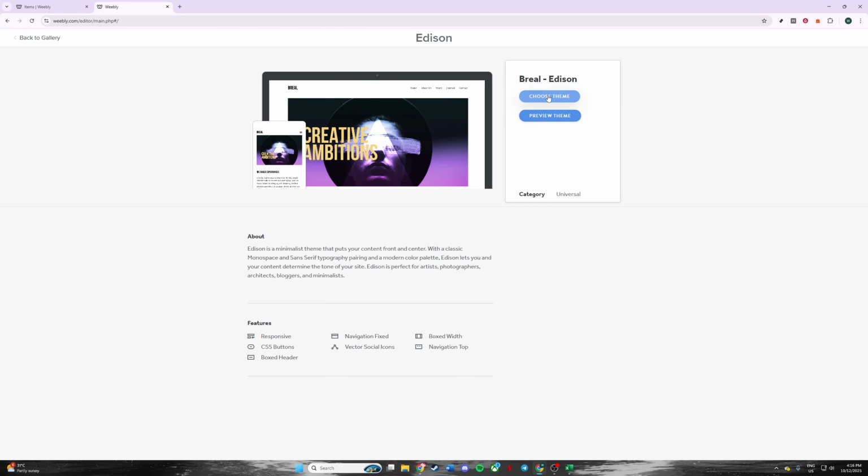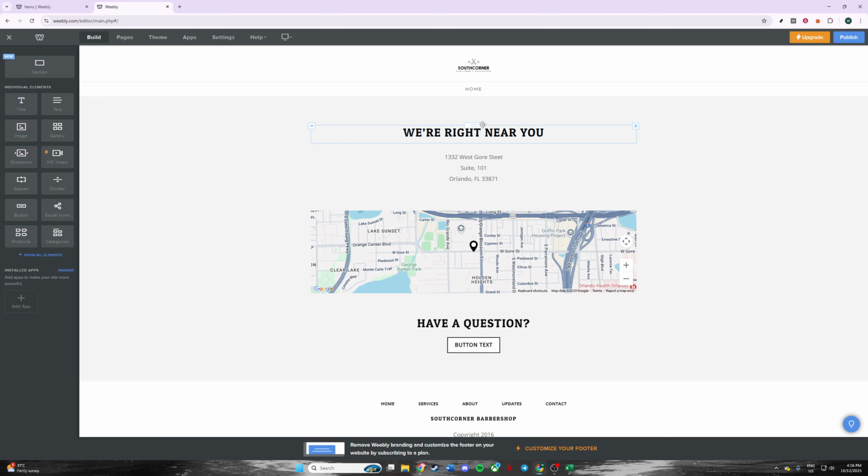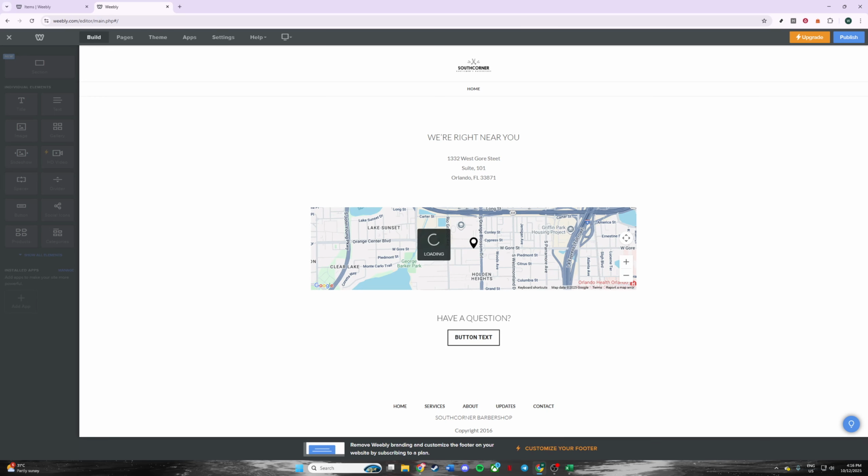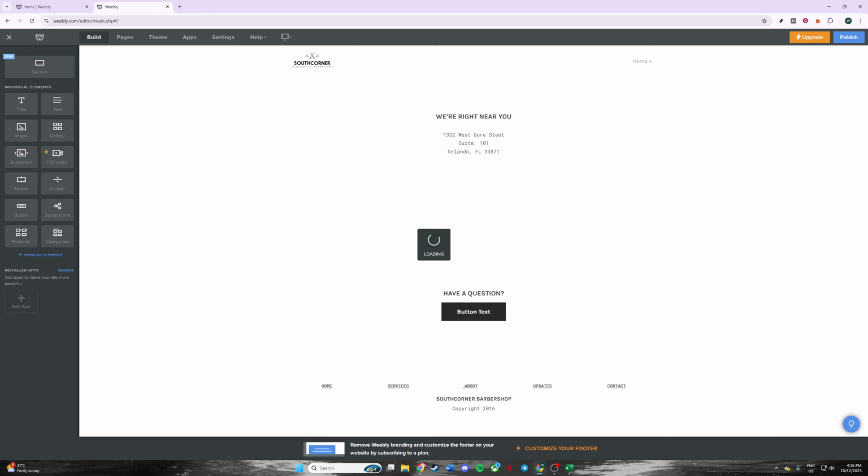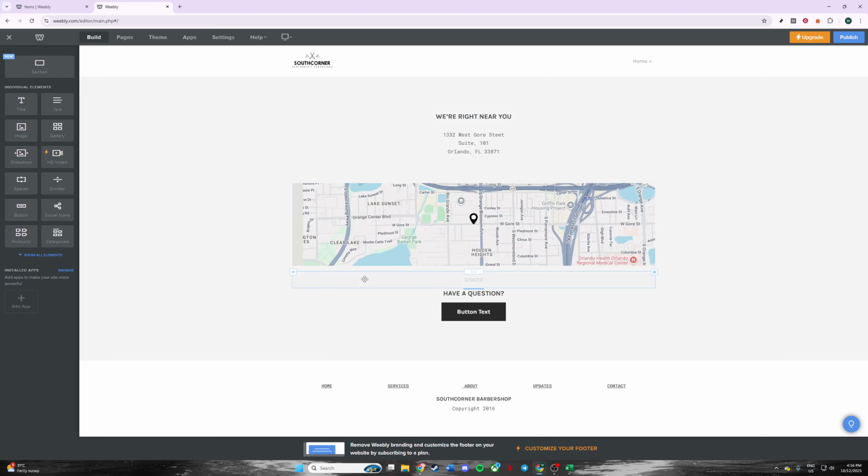So that's it. Adjusting and customizing your Weebly site header is a straightforward process. With just a few clicks, you can transform it to better reflect your brand, enhance navigation, and update your site's look. Make sure to spend some time exploring all the options available in the Weebly editor to fully capitalize on